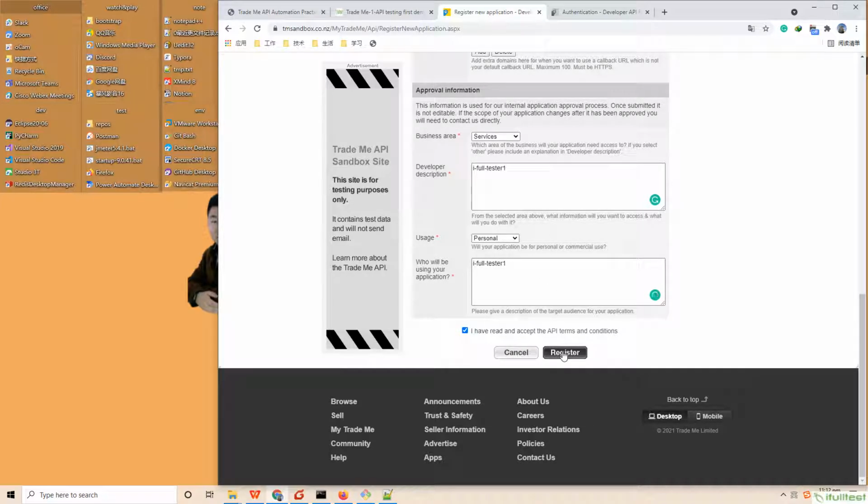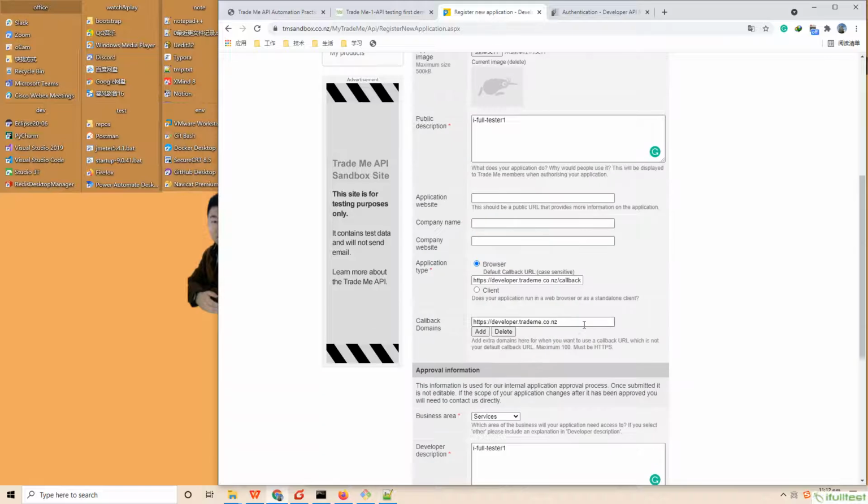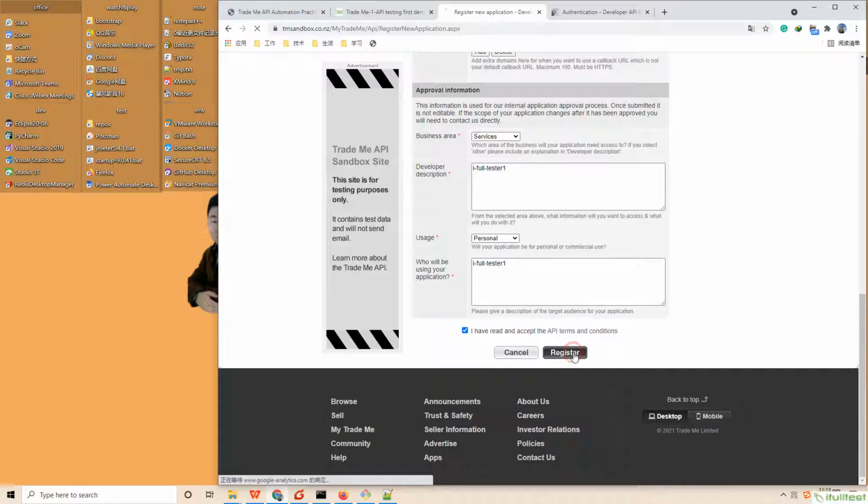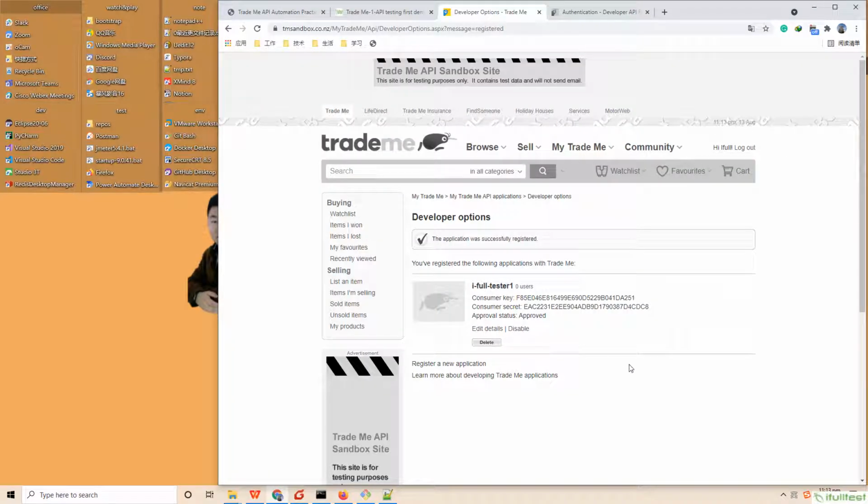Let's try to register. See, we have already registered an application, and we get a consumer key and a consumer secret.